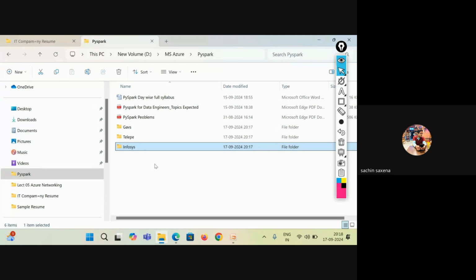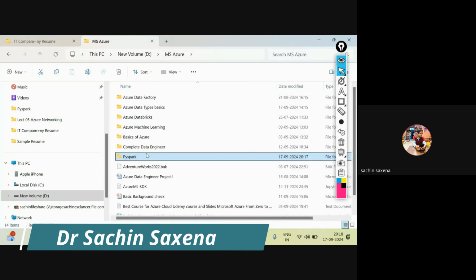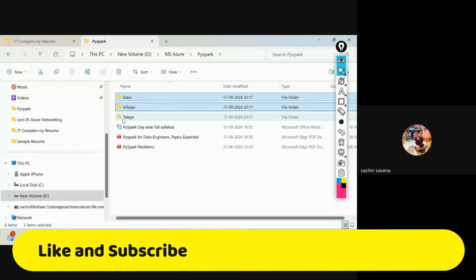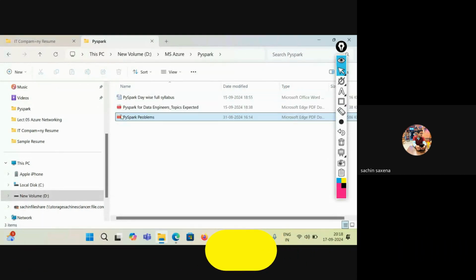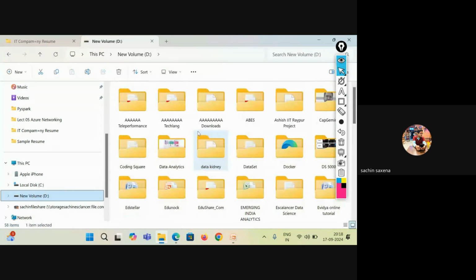This would be too hectic for you because you might be applying to 50 or 100 companies. So I would recommend having at least 2 or 3 kinds of resume. Why am I saying this? Because in Infosys you might be expected to migrate or relocate somewhere, and not only the CV but also